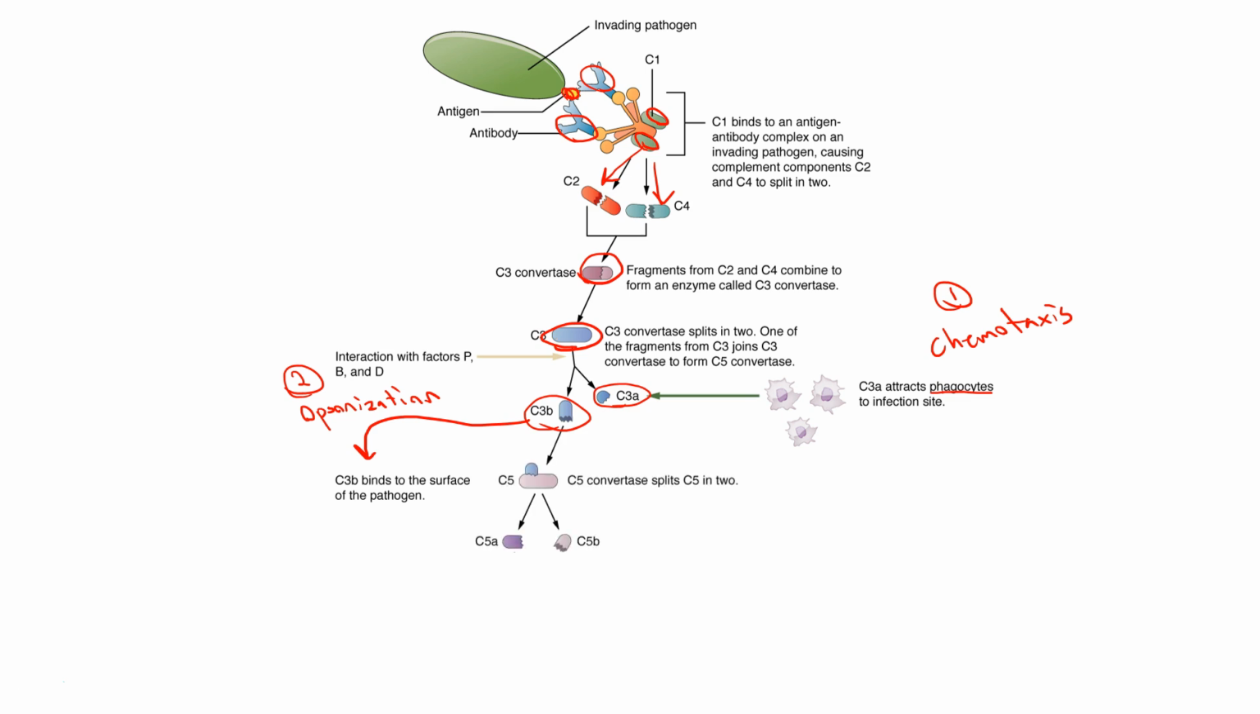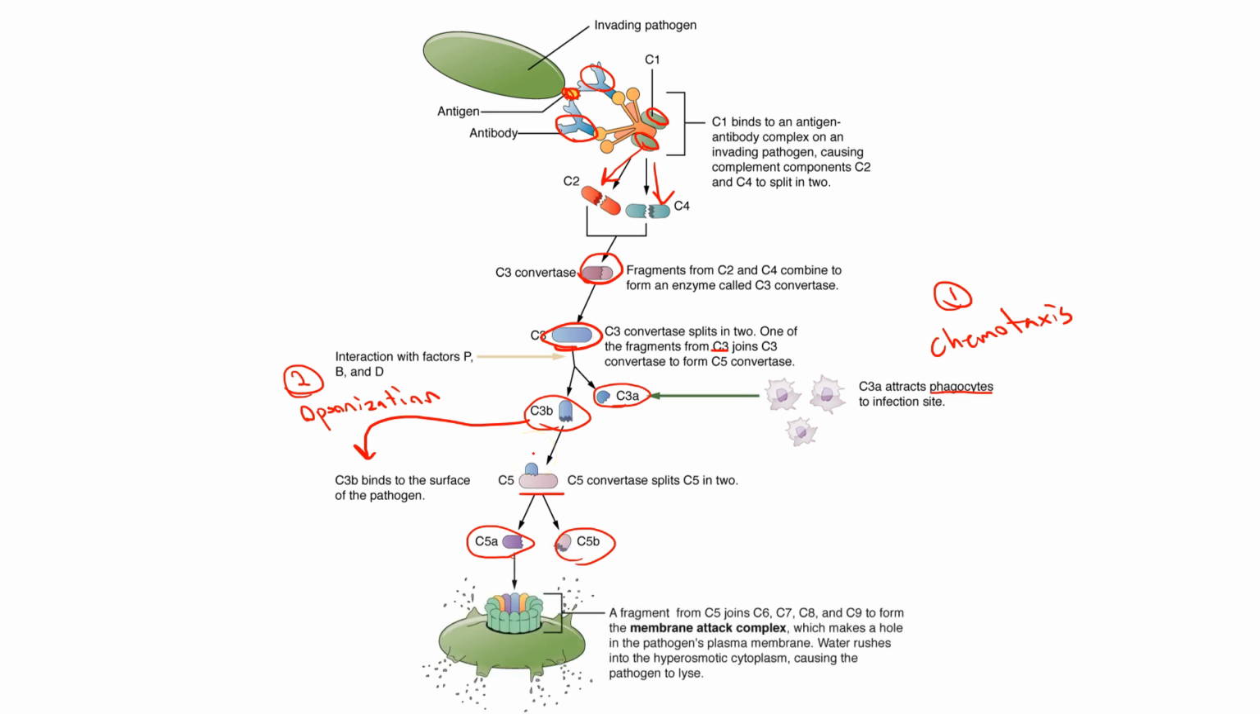So here's where we continue going on further. One of the fragments from C3, either C3a or C3b, I don't know if it matters which is used, will bind back to C3, and that will form what's known as C5. And C5 is going to split and form C5a and C5b. One of these is the active form,